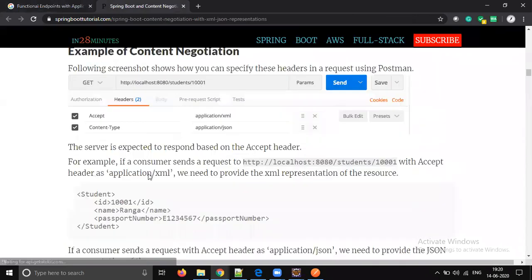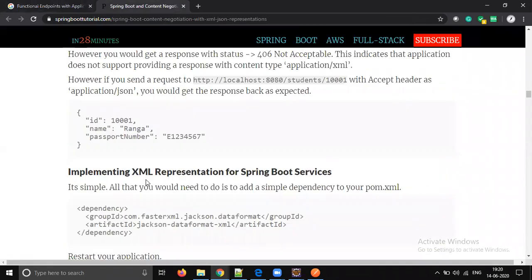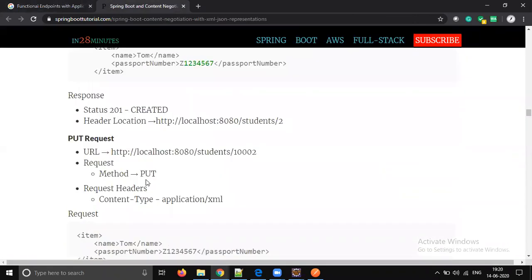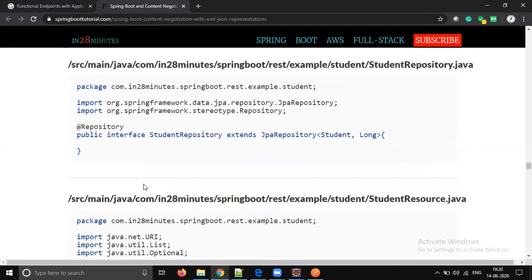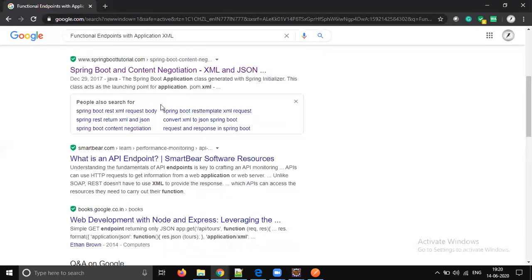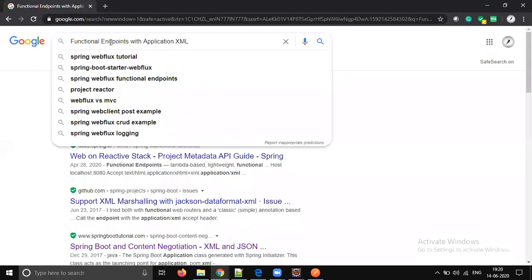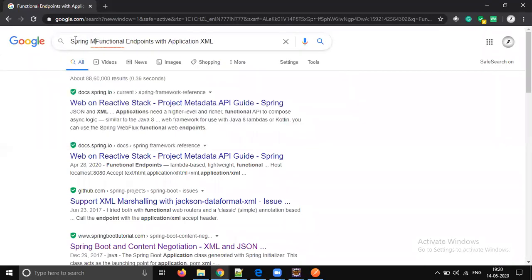This guy is something old, right? So functional endpoint, string ABC functional endpoint.